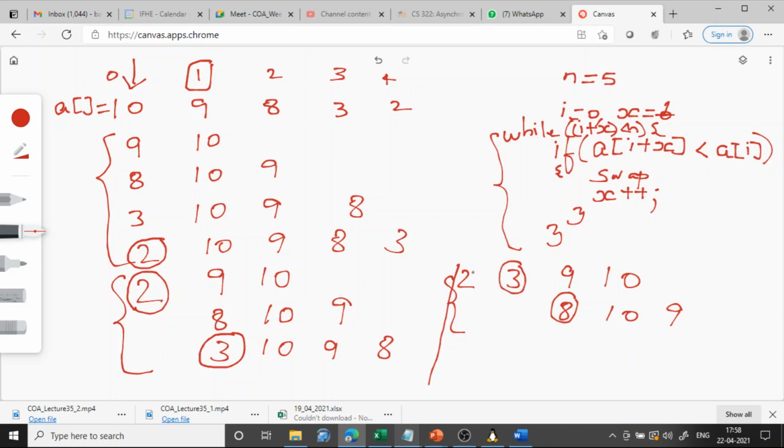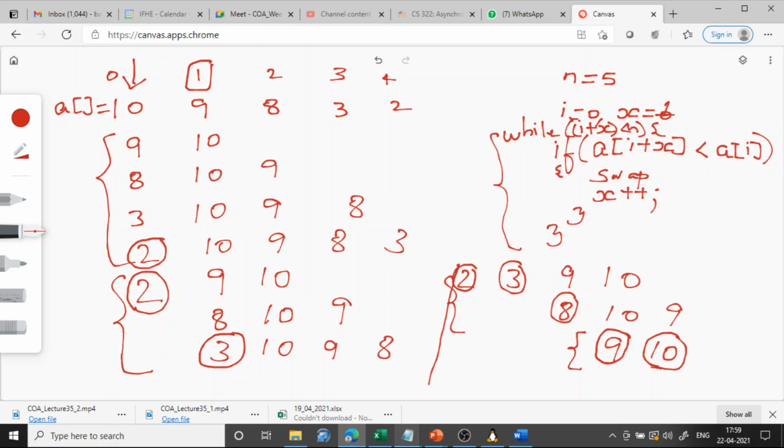That is, the smallest element is at the 0th location, the next smallest element is at the first location, the next smallest element is at the second location. Now similarly do this for the third element. Compare the third element and the fourth element. If it is greater than, then swap. So 9 will come here, 10 will come here. Okay, is there anything else to compare? No other element, so it will stop. So now this is the end of the fourth iteration of the inner loop. So now the fourth element has come to the proper location. Now if you want to continue, there is no other element, so the algorithm will stop here. This is already at the correct location.